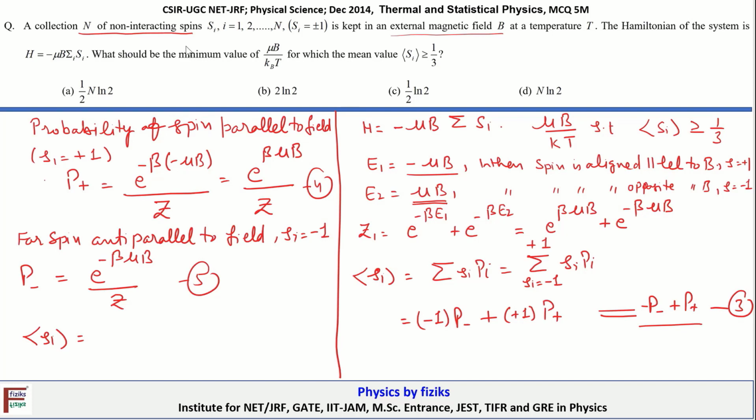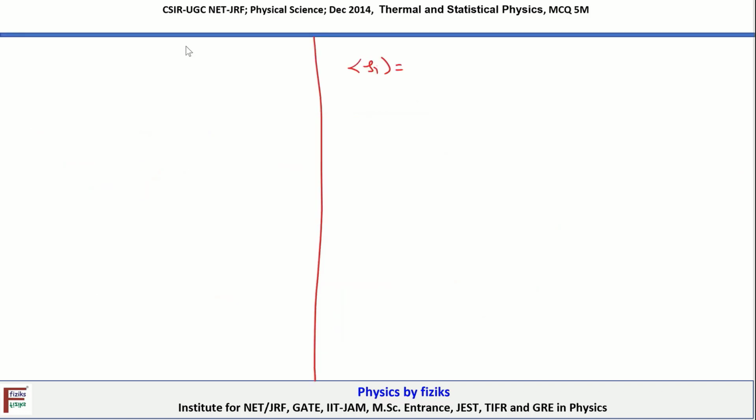While adding these two quantities, we add Z common in the denominator, so I'm clubbing these two steps into a single step. So the mean value of Si is equal to minus exponential minus beta mu b plus exponential beta mu b divided by